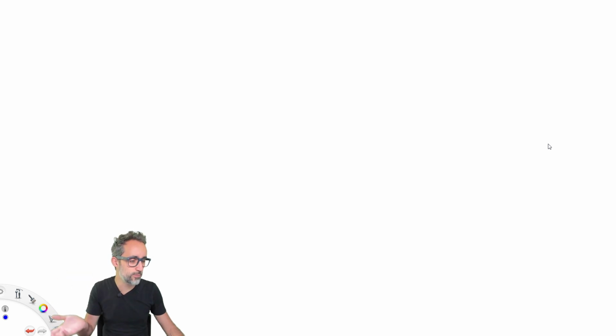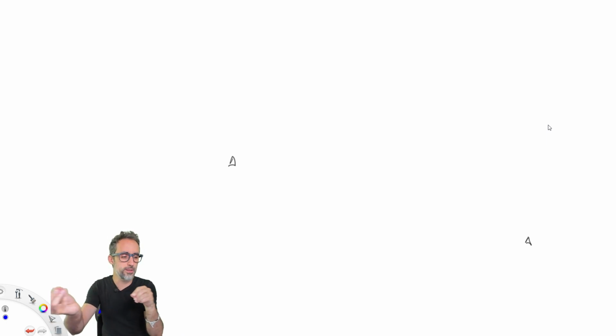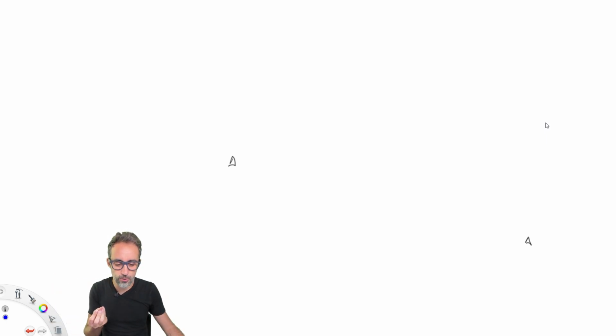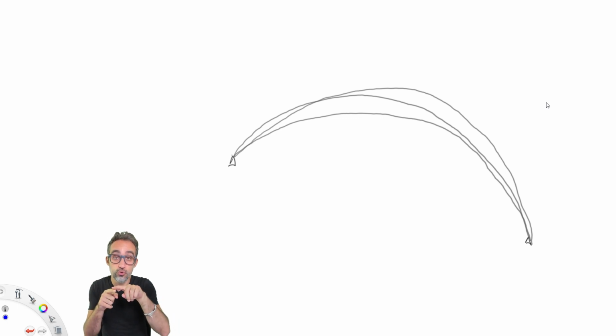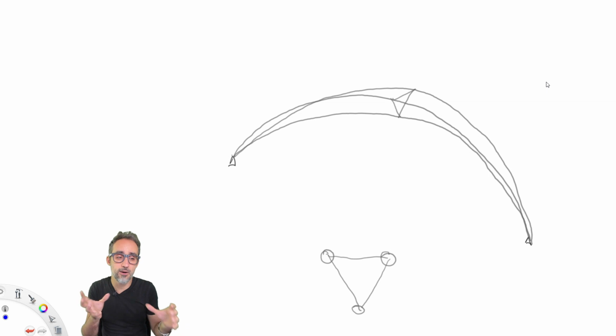It's things that we are already a little familiar with at this point in this playlist. So we're going to do a simple process where we're going to start with two supports, which are probably going to be points in Rhino because we like the fluidity of moving things in Rhino, etc. Then we're going to create some kind of NURBS curve that is going to join them like that. And then we're going to create another two NURBS curves on top of it, which in a way somehow are going to create this triangular section among them.